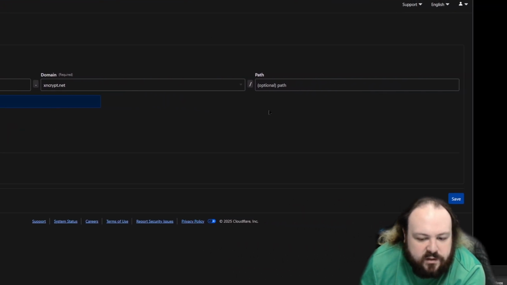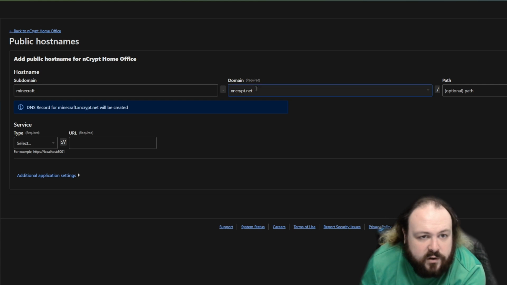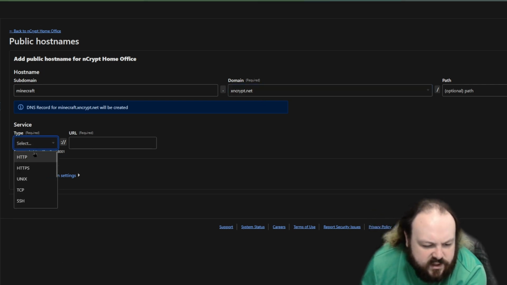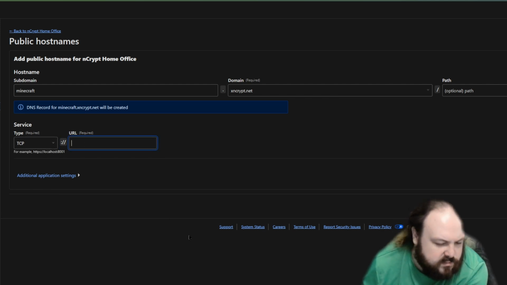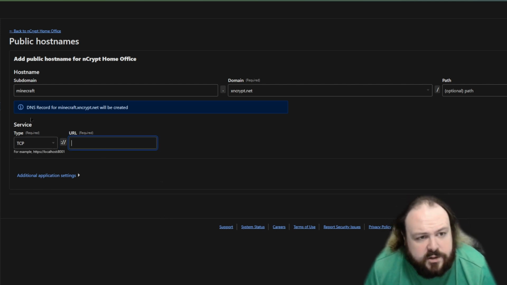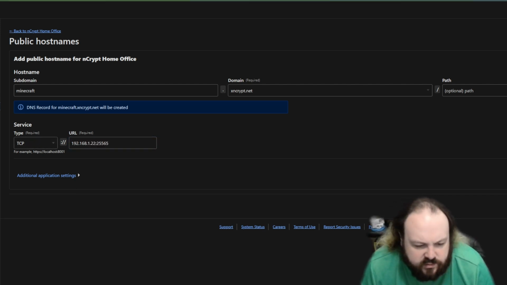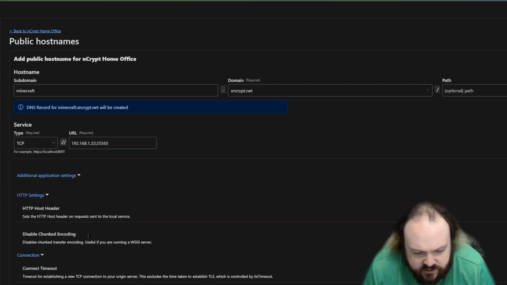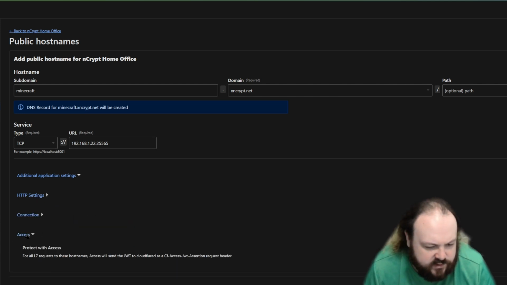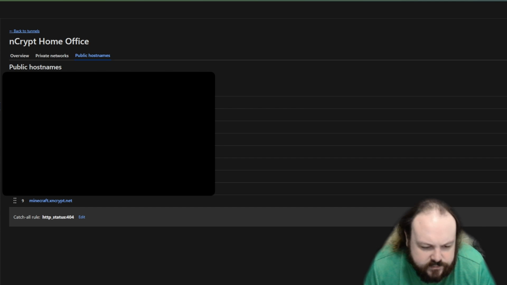So yeah, we don't want anything over here with the path. So we just want straight minecraft.xencrypt.net. And we'll do service here as, we can try TCP. And the URL, which is what we got to before. Because it's TCP and not HTTPS, we don't have to specify certificate stuff. Cool, so that's created. We've got this one down here now,